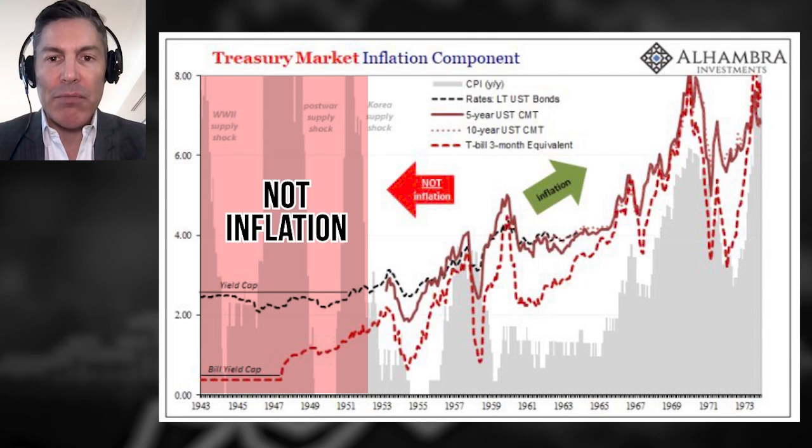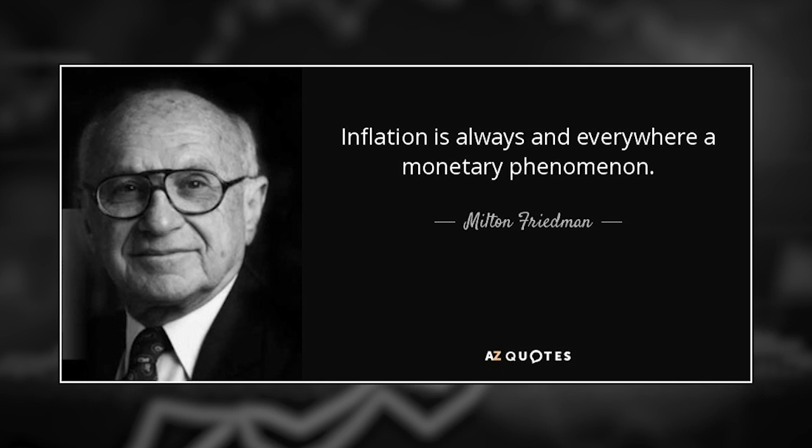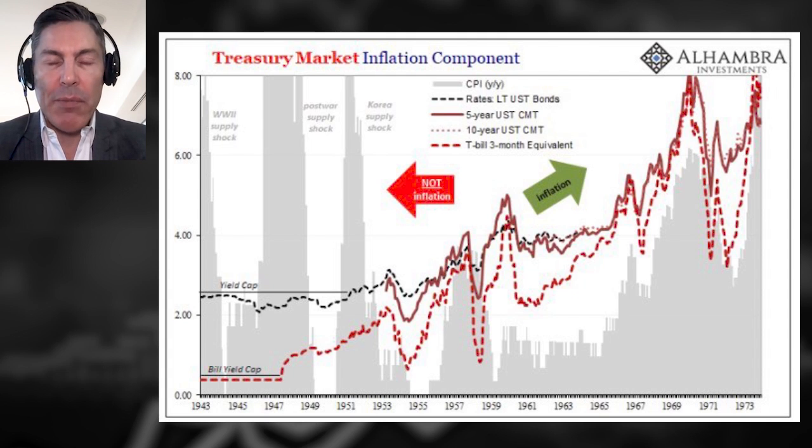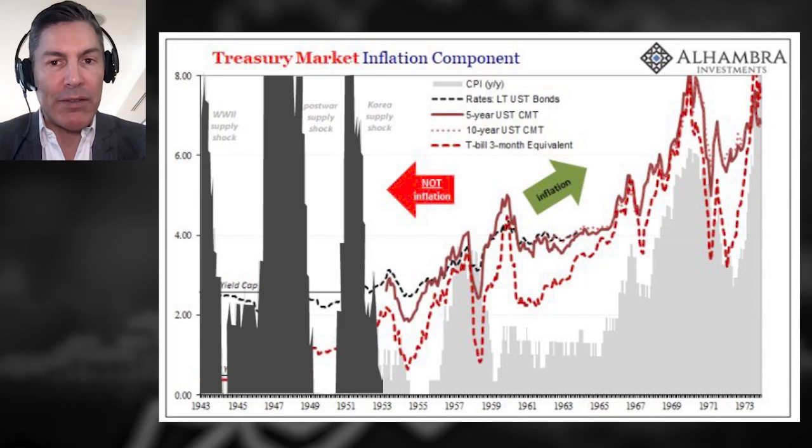So Jeff's argument is that prior to the 1950s, what we saw in the 1940s really wasn't inflation, because he's defining that by an increase in the money supply. We know that Milton Friedman is famous for saying that inflation is always and everywhere a monetary phenomenon. If you not only consider the dollars on the balance sheet of the non-bank entities, but also the dollars that are on the bank's balance sheet, Jeff would argue that during the 1940s, you really didn't see a big expansion of the money supply. Therefore, these price increases, not necessarily inflation, but price increases were strictly a result of these